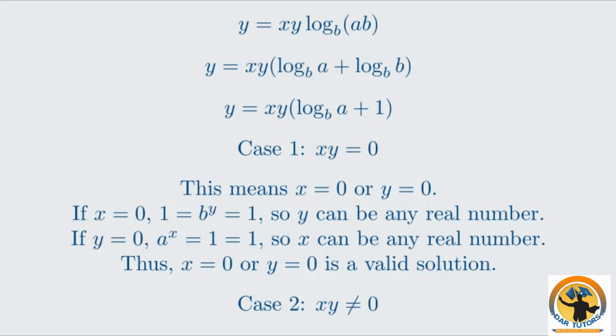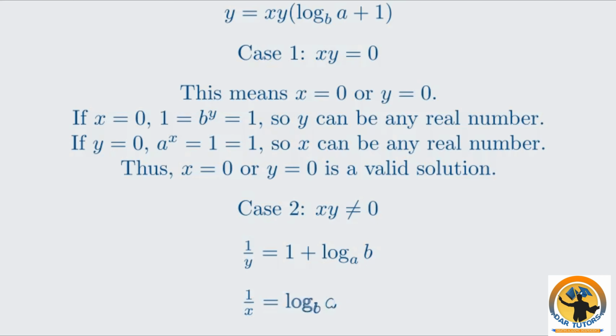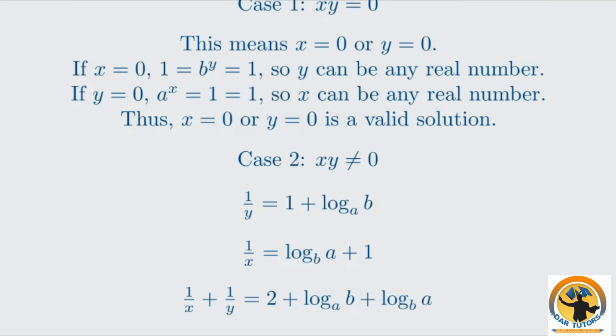Case 2. X times y is not equal to 0. In this case, we can divide both equations by xy. This gives us 1 over y equals 1 plus log base a of b, and 1 over x equals log base b of a plus 1. Now let's add these two equations together. We get 1 over x plus 1 over y equals 2 plus log base a of b plus log base